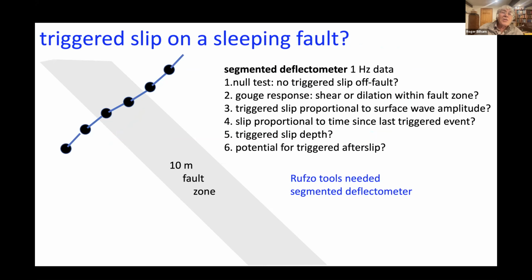The second thing we'd like to do is to answer this question about triggered slip, which I alluded to. There are a whole bunch of questions we can ask if we have the right kind of equipment, and perhaps the right kind of equipment will be something like this segmented creepmeter that can measure the variation in the arctan function across the fault zone, because that's telling us whether triggered slippage is happening on the surface or in the subsurface, and whether it tunnels its way to the surface